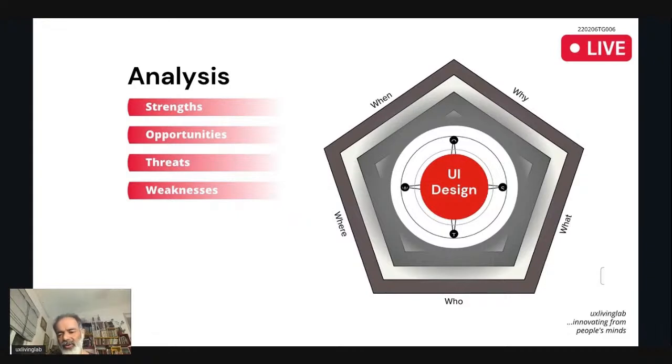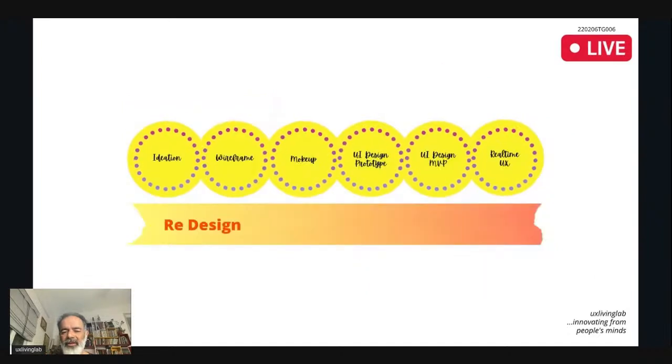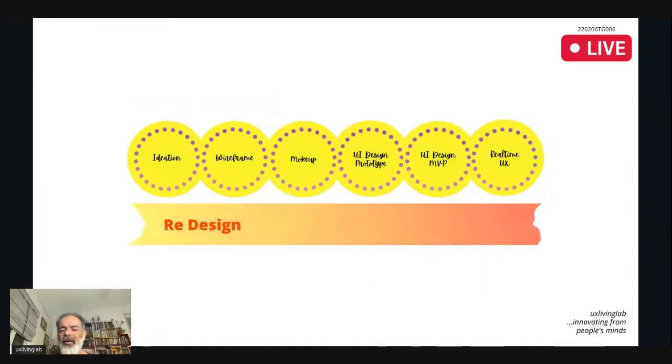Maybe users will be talking about, if I need this, that will be great. Maybe that is an important contribution to your idea, your UI. So use those opportunities. And what are the negative sides, the threats, how to overcome those threats, and according to the users' minds, what are the weaknesses. So you analyze all these segments. Based on these factors, you analyze and conclude. Then what you have to do next? Every stage you have to do this process, then redesign.